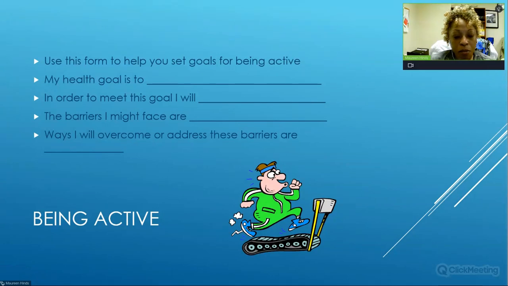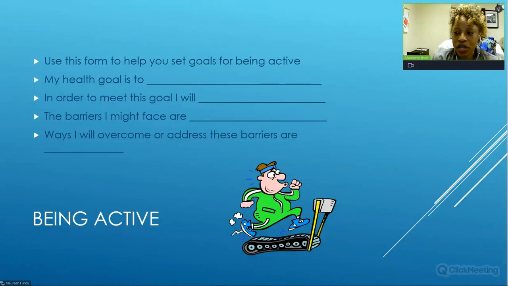Danny said, I will walk my dog 15 minutes per day, 5 times a week for 2 months. Perfect, Danny. You got it. That is such a smart goal. Thank you for sharing that. Let's see if I missed anyone. Andrea, I will wake up and use my elliptical 25 minutes, 3 times a week, Monday, Wednesday, and Friday, for 2 months. Wonderful. I think you guys got it.